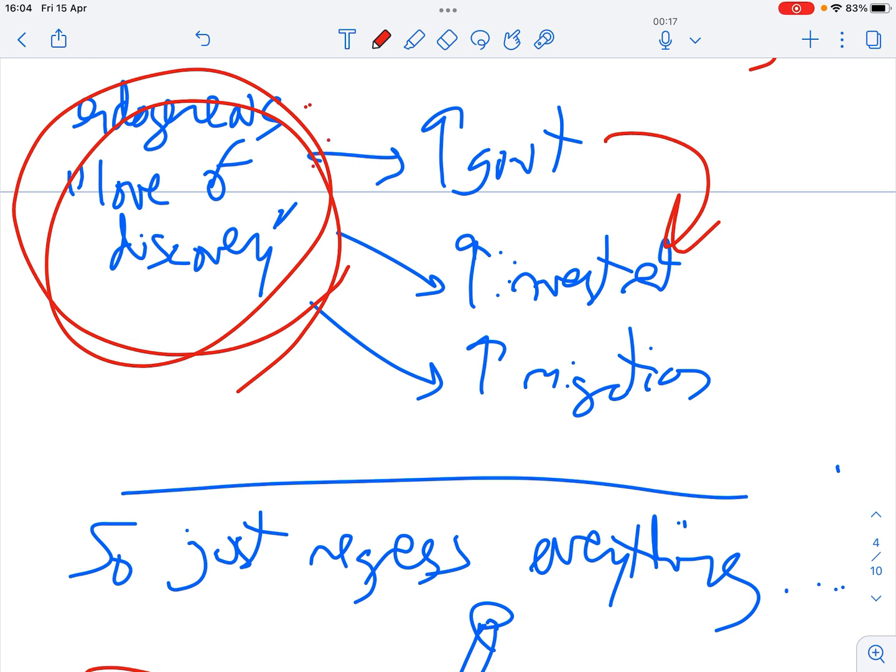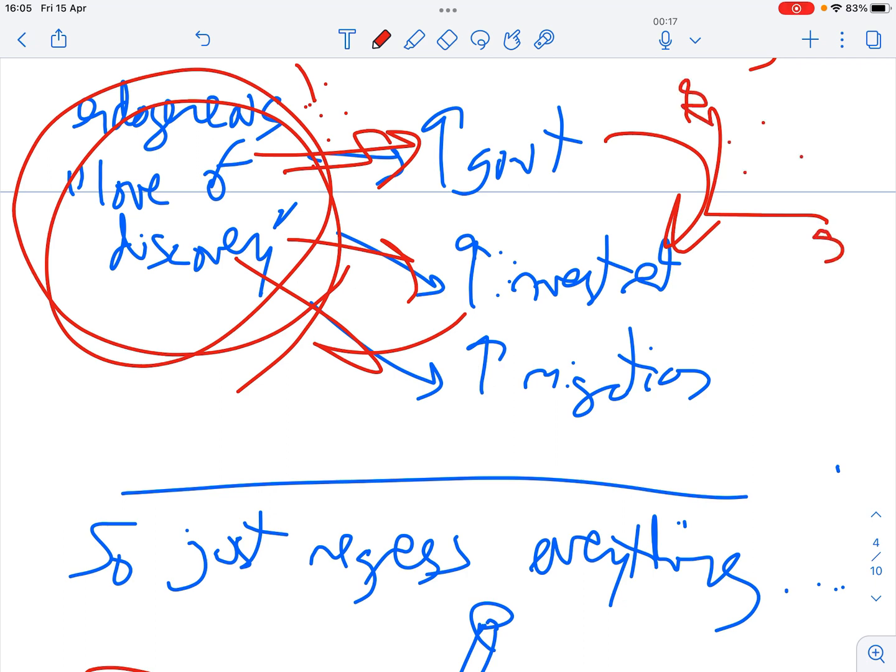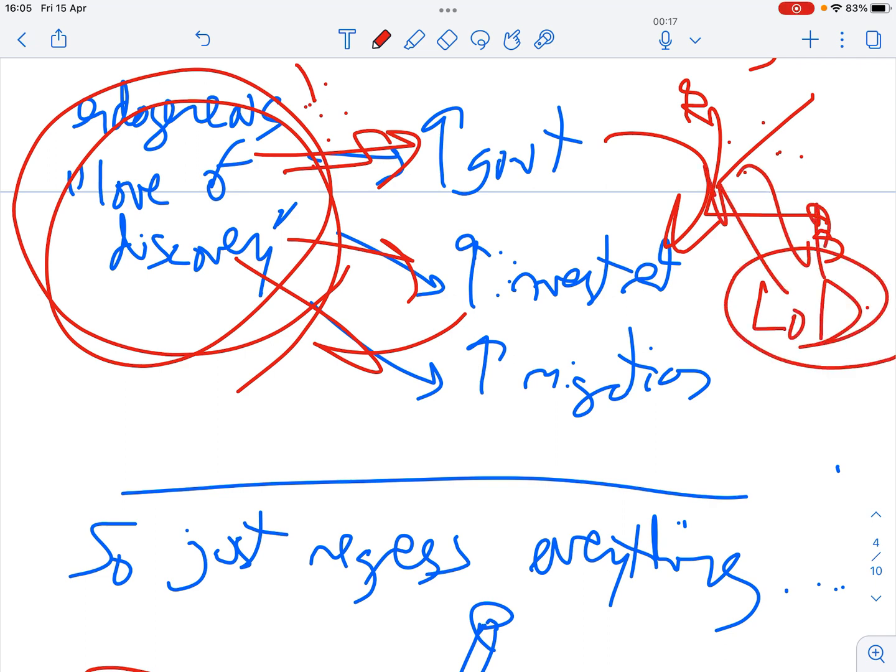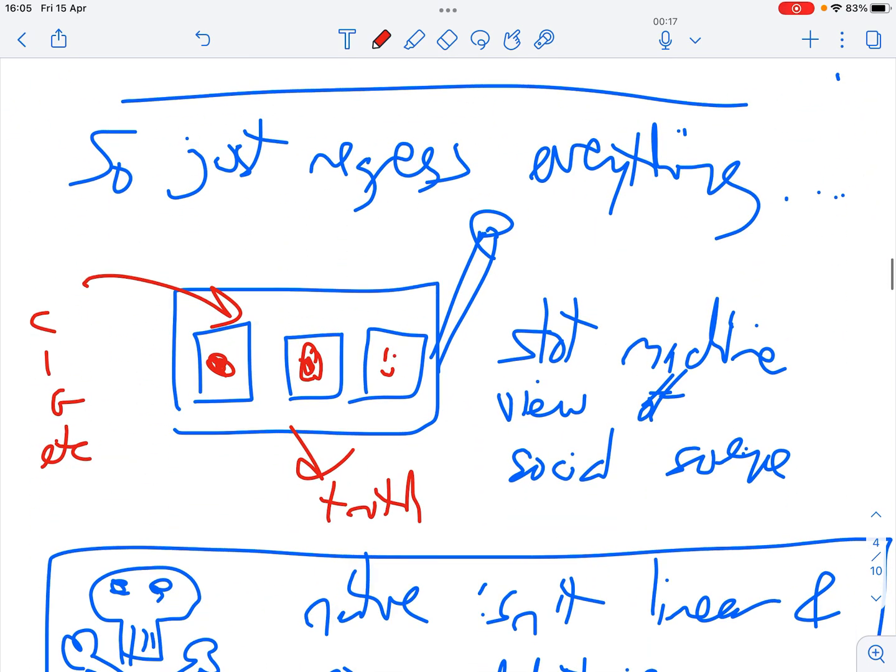It's this love of discovery, which is causing an increase in government spending, causing an increase in investment, causing this increase in migration. This is the kind of secret, unexplained, omitted variable: if you simply plot government and investment, you see a positive relationship, but actually there's this other variable, love of discovery, which is pushing both of them. And no regression is going to tell you this. So that's the reason why we love models.